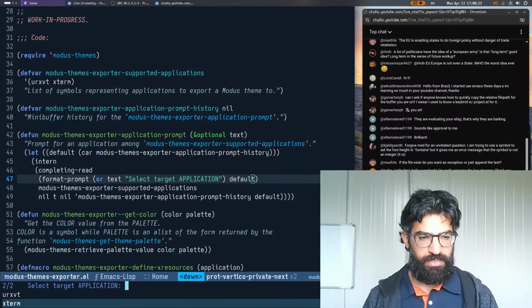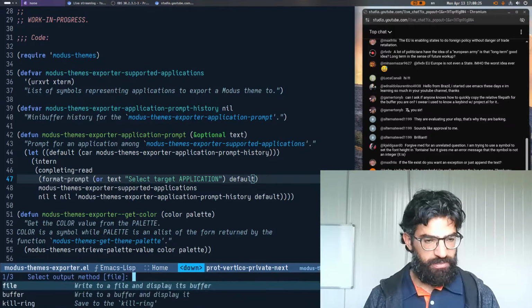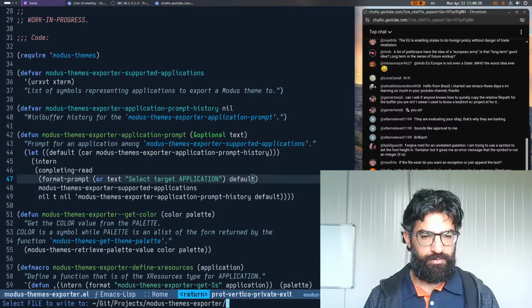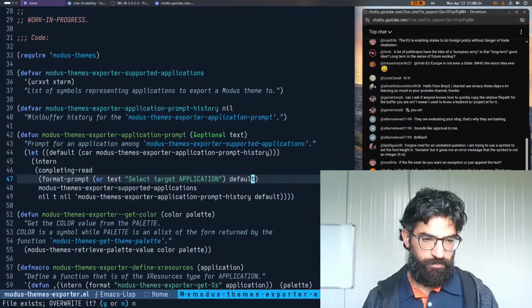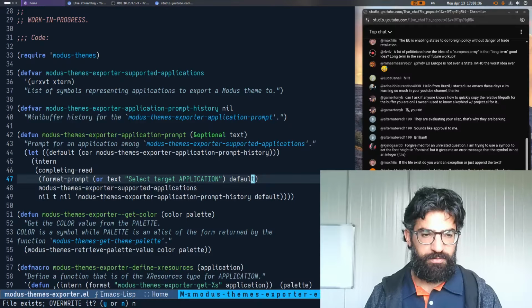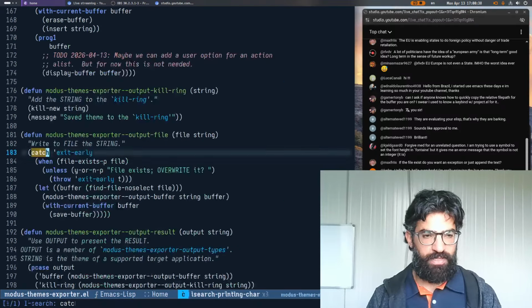Okay, good. So let's do Emacs here. Let's pick xterm. Select input method file. That's the default. Good. Let's pick the file. File exists. Overwrite it. No, and it should just return nil, basically. Okay, nil. So of course that's good. Let's go find the catch